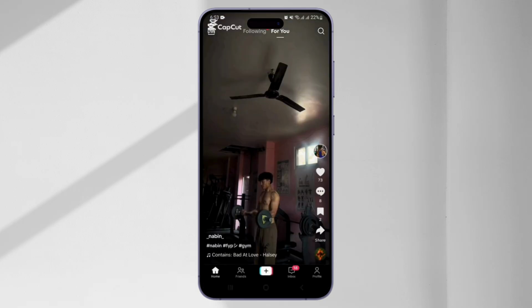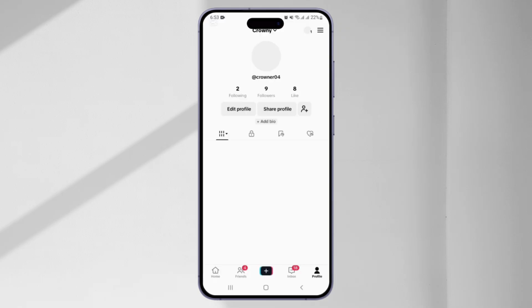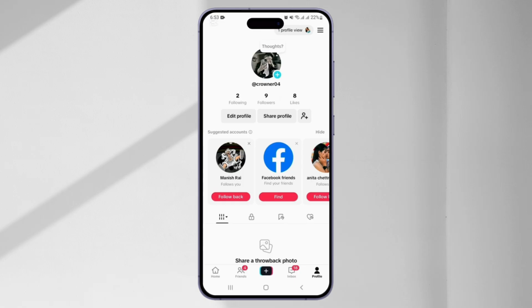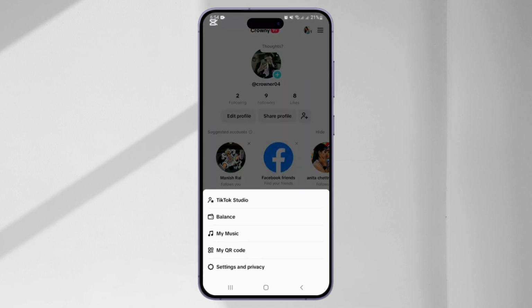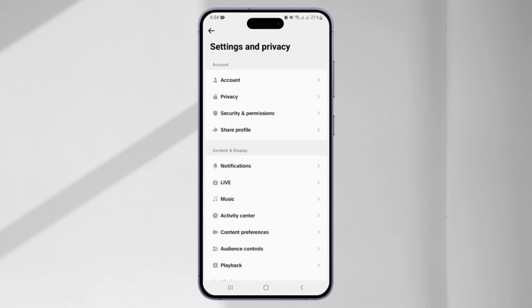Okay, so from here you will have to go to the profile section just at the bottom right corner of the screen. So simply tap on it, and from here you will have to go with the three-line option. It will appear just at the top right corner of the screen. So simply tap on it,